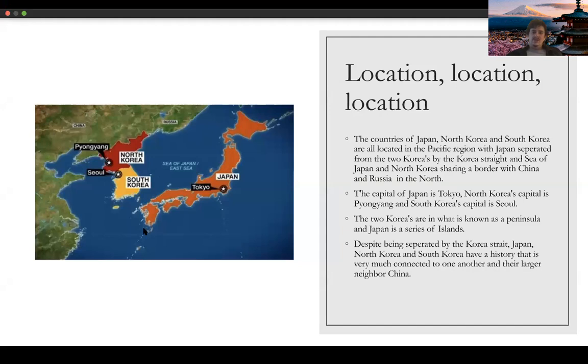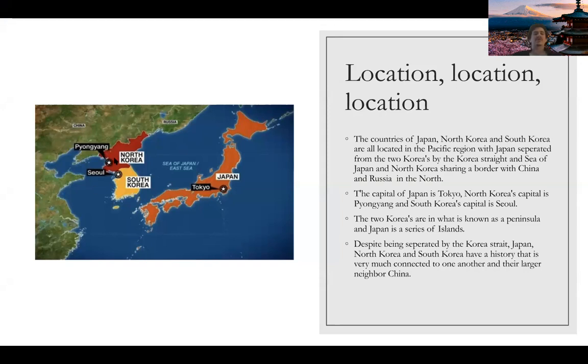So, location in the world. One thing that I want to point out is where these countries are and who they're around. So, if you notice, Japan is actually on an island. It's a series of islands, and it's separated from the Korean Peninsula by the Strait of Korea and the Sea